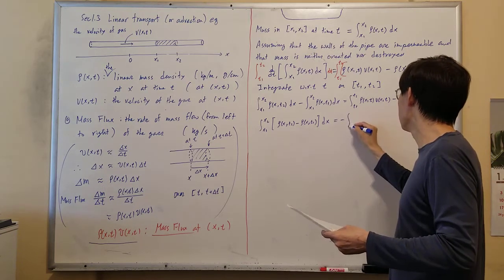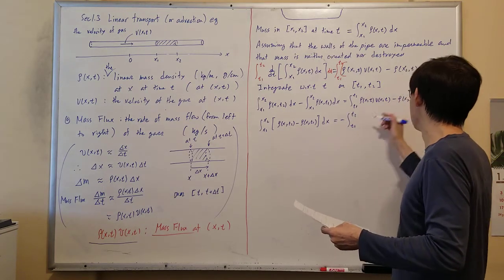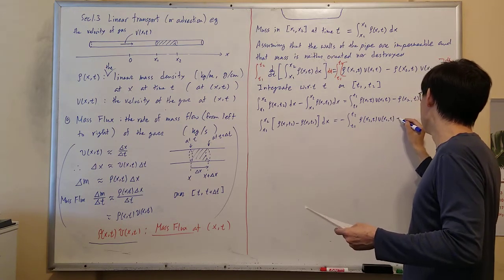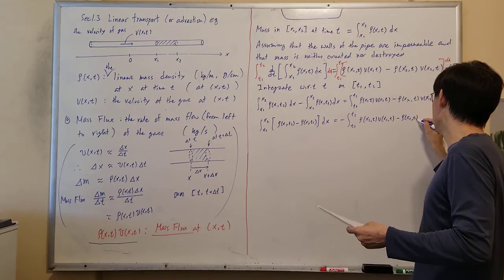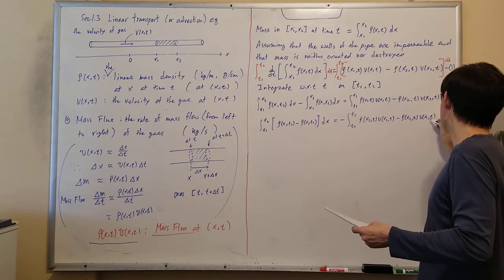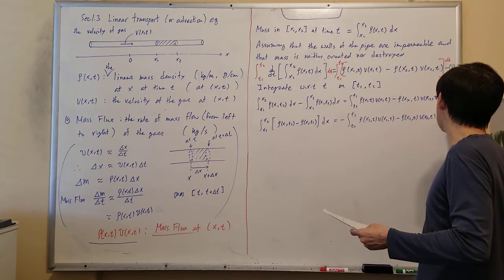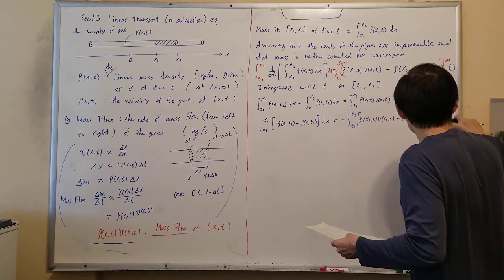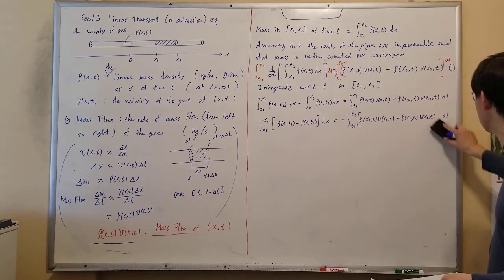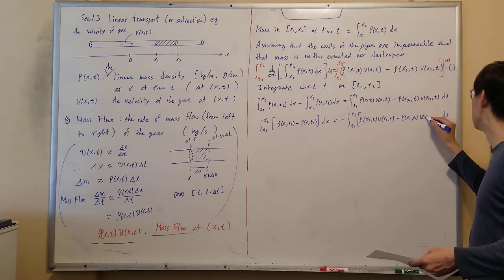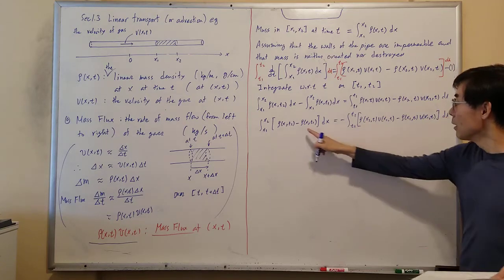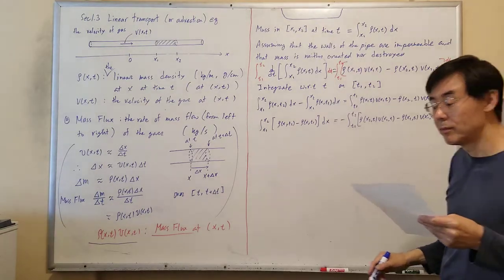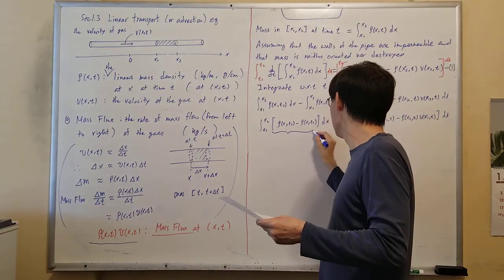So take the minus out, then integral from t1 to t2 of rho(x2, t) v(x2, t) minus rho(x1, t) v(x1, t) dt. All right. Now this one, rho(x, t2) minus rho(x, t1), this one can be written as